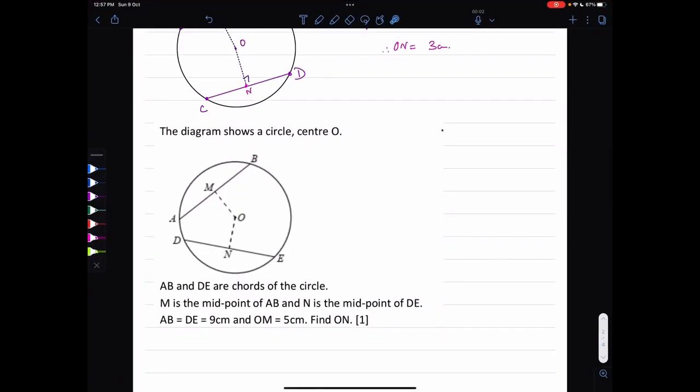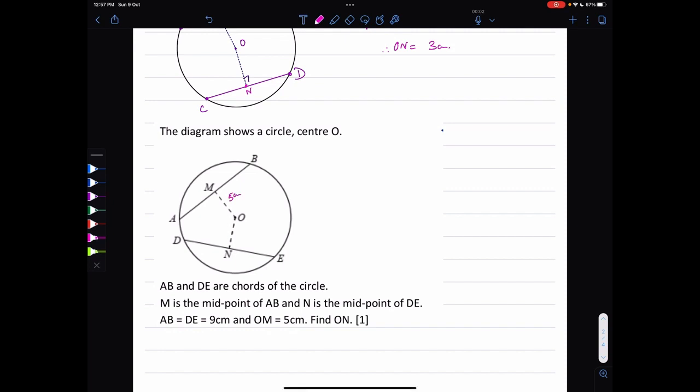Let's look at a question over here. The diagram shows a circle center O. AB and DE are the chords of the circle. M is the midpoint of AB and N is the midpoint of DE. First of all, if it is a midpoint, then this line OM should be perpendicular. If AB and DE are of the same length and OM is 5 centimeter,